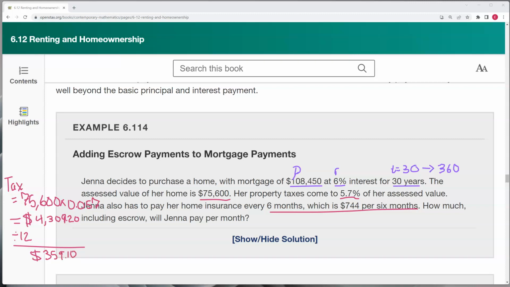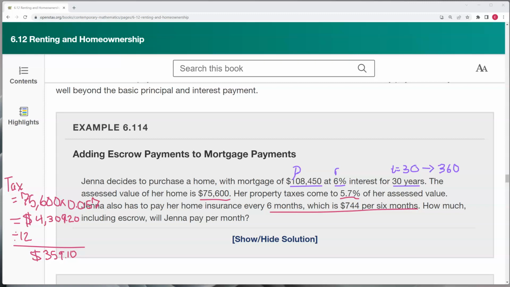So instead of paying the $4,309.20 all at once to the government, really it would probably be her county taxes, she's going to pay extra on her mortgage for her mortgage company to put back an extra $359.10, so that at the end of the year, when the next year comes around, she has that $4,309.20